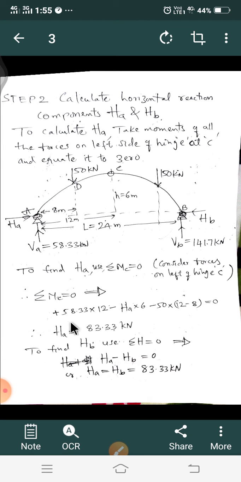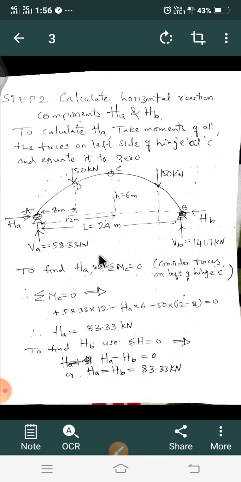Now sigma MC equal to 0 gives rise to 58.33 into 12. You can see this one, VA is 58.33 into this distance. This horizontal distance up to the point C is 12 meters, minus HA into 6. You can see HA into 6. So this is an anti-clockwise moment, minus HA into 6, minus 50 into